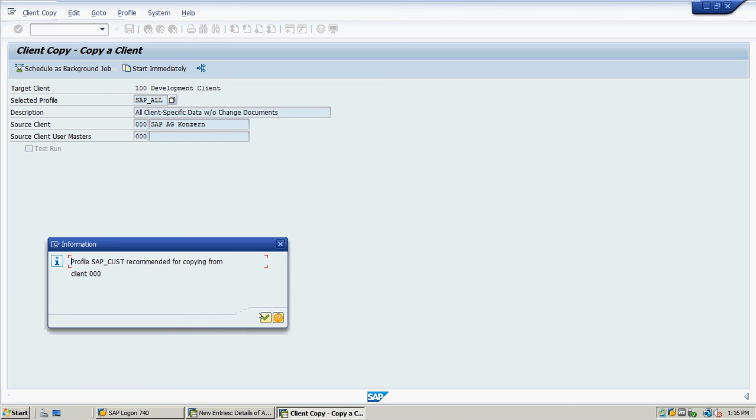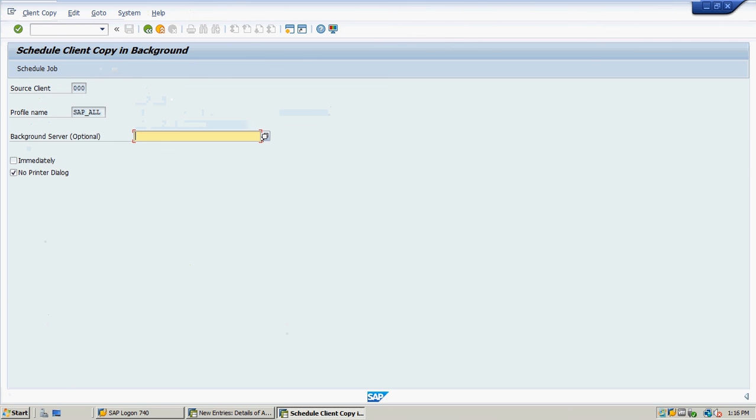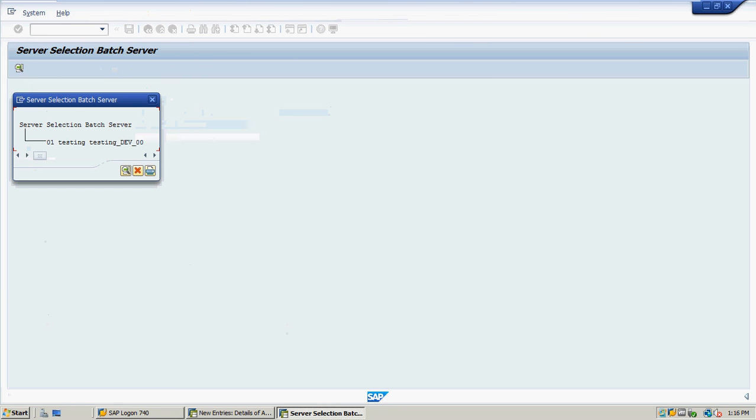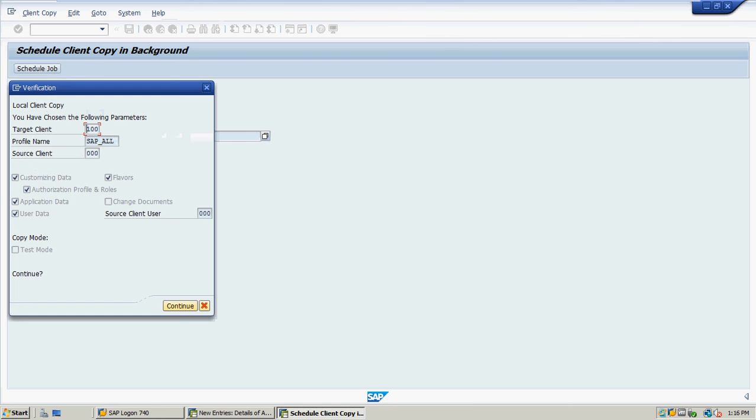So yes, go for next. You can select or keep it blank, no problem. By default it is going to select this only, and I want to go for immediate. Okay, so just select this and go for schedule job.